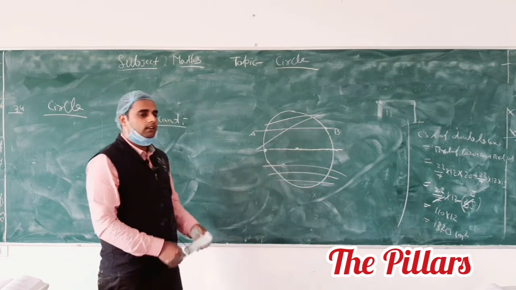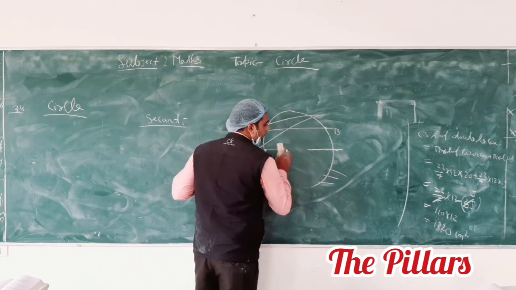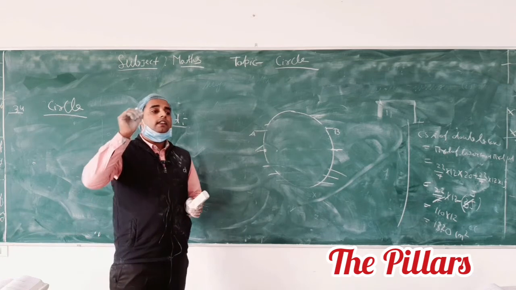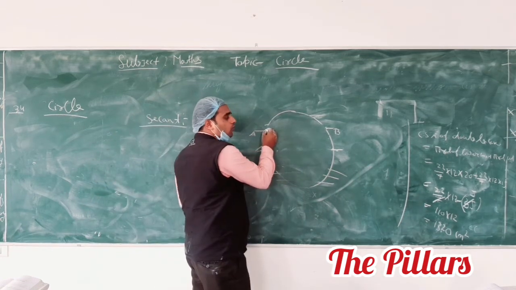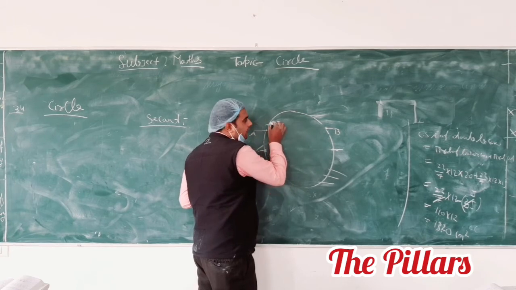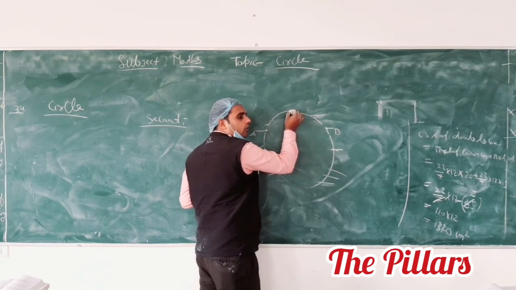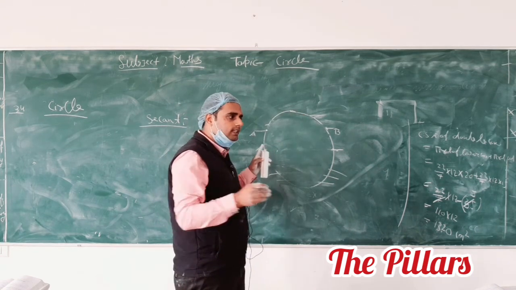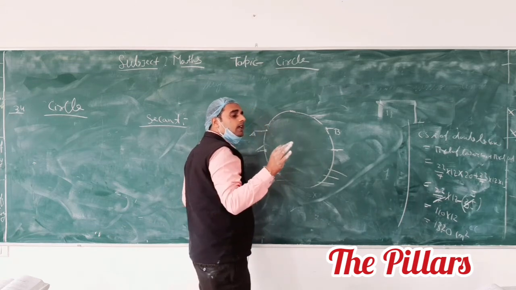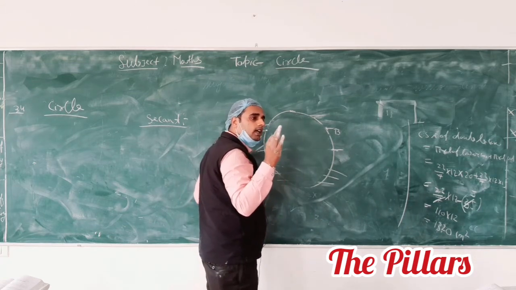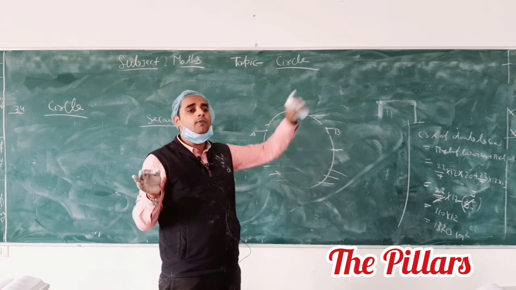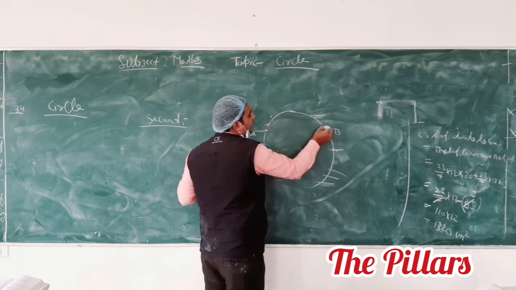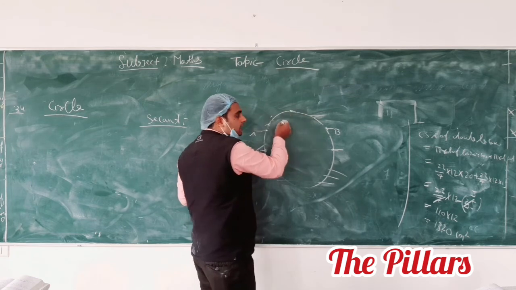Now the definition of the tangent. Tangent means if in the secant, these 2 points coincide. Suppose these 2 points coincide at 1 point. Whenever you draw the secant, we say that the secant is a line which cuts the circle at 2 distinct points. But whenever you discuss the tangent, whenever these two distinct points coincide, it means you travel this distance and these 2 points coincide here. Then this is said to be the tangent.